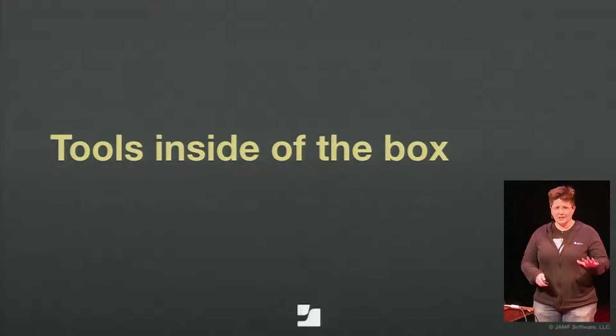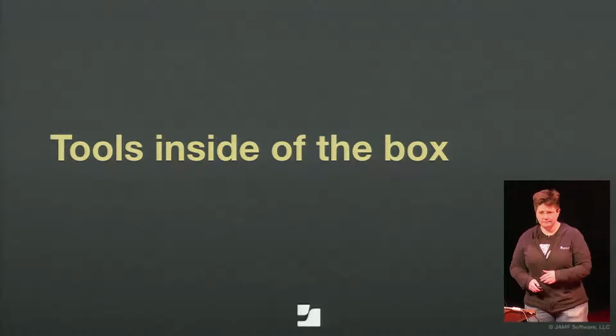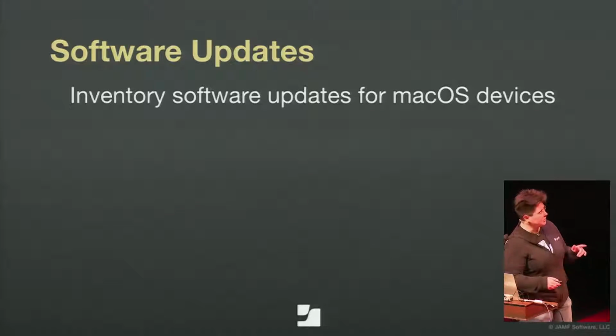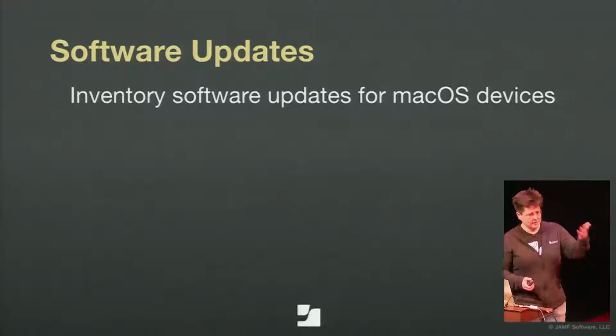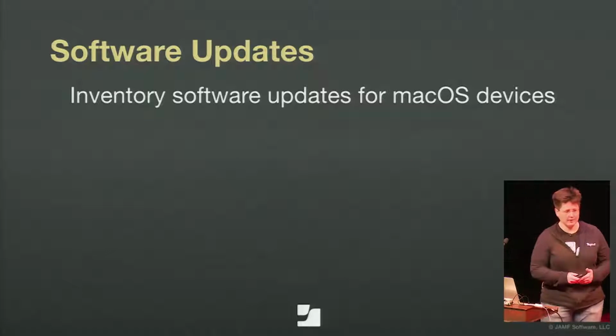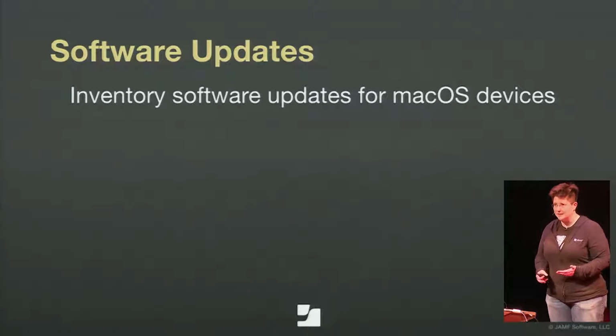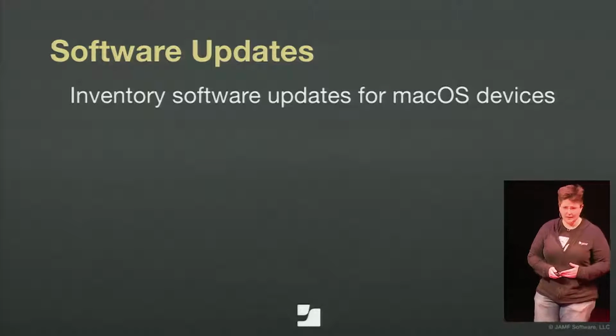So, what already exists? What's in there today? We've got, of course, software updates. And software updates, it's actually not just I update or I don't update. You heard Fletcher Previn talk a little bit about how comparatively easy it is to get Apple devices updated with